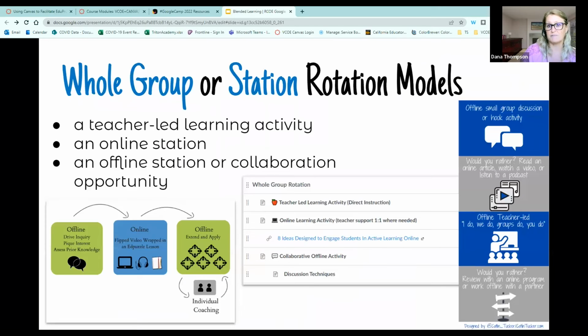Another model, and again, I'm taking most of these from Dr. Catlin Tucker because I think she really explains them really well, but there's a lot of resources out there and different ways that they're referred to. So whole group or station rotation. And basically what this means is you have a teacher-led learning activity as your whole group, or your first station. And so the difference would be that whole group would be your direct instruction. So maybe that is something where you have them all with you at the same time and you're reviewing something with the class as a whole, or you have that first station as the teacher-led station where you're giving them that teaching,